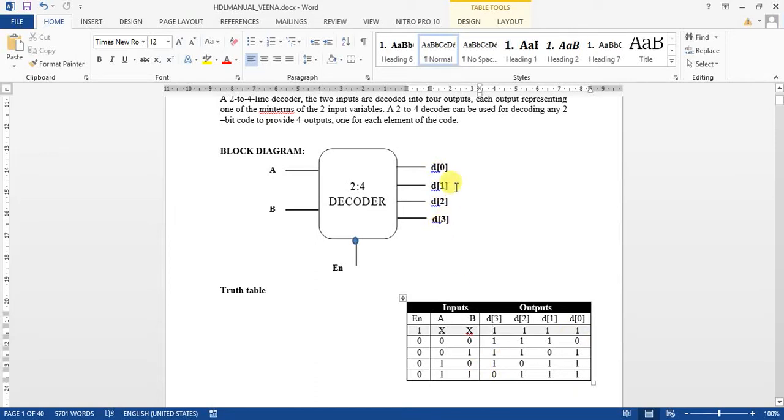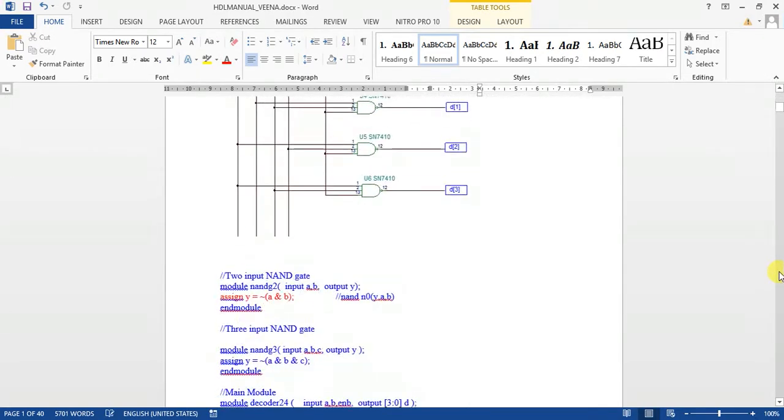You can also do active high. I will show you later how to make the opposite of this, that means for 0 0, how to make all of them 0 and only one high. For that we have to use four more additional NAND gates. So I will show you later. First of all, now I'm going to implement this 2 to 4 decoder using NAND gates. We require the circuit diagram, which will be like this.